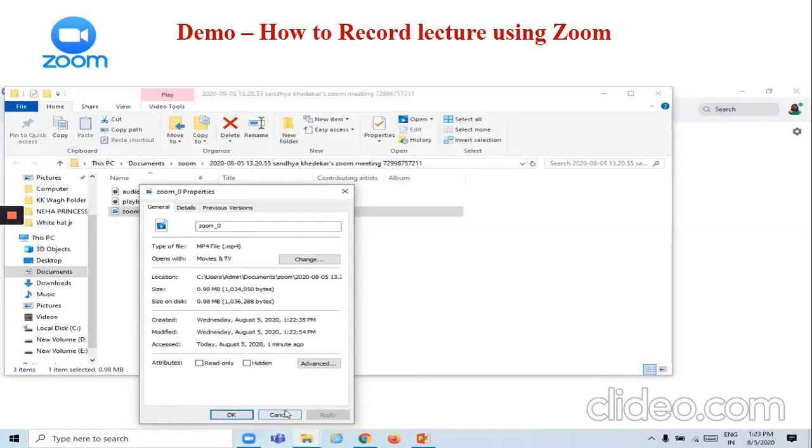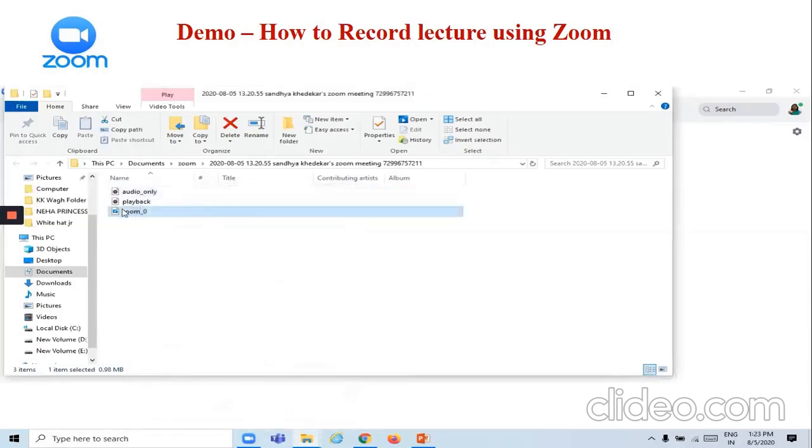means very small size. So you can see, if I want to show this video to my students, I can copy this video from here, and I can paste to my pen drive, or I can paste to my Google Classroom, I can paste to my WhatsApp, and I can save to